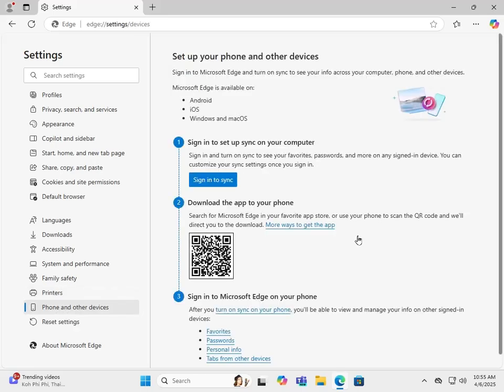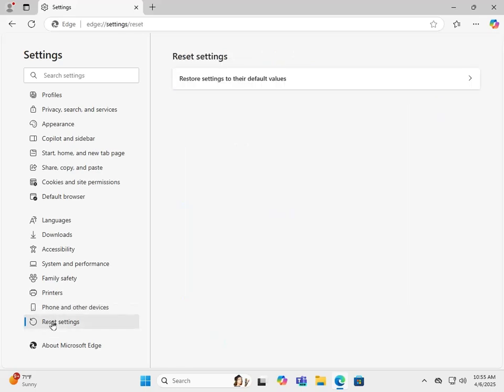Phone devices, this is tied in with the profiles up here. Basically you set up sync and it will synchronize your profiles with other Edge browsers on computers or phones or whatever. So reset settings. This is one of those where Edge just doesn't want